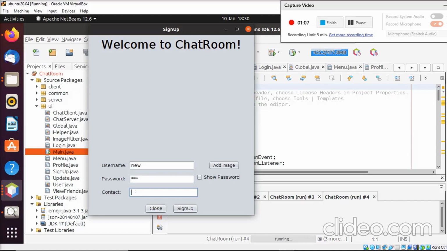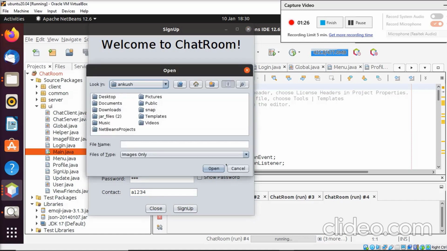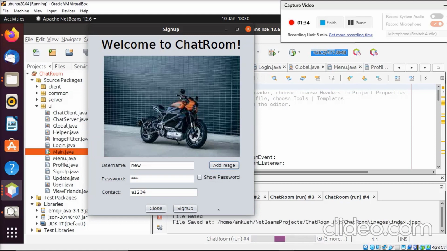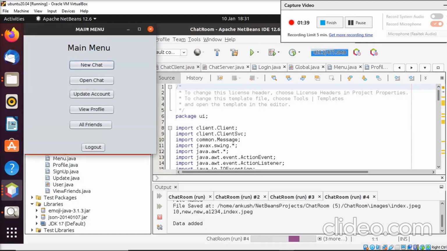It should be unique, so that this is the recognition through which other users can identify you, this contact number. Now I'm going to add an image to my profile pic. This is the image I have chosen,